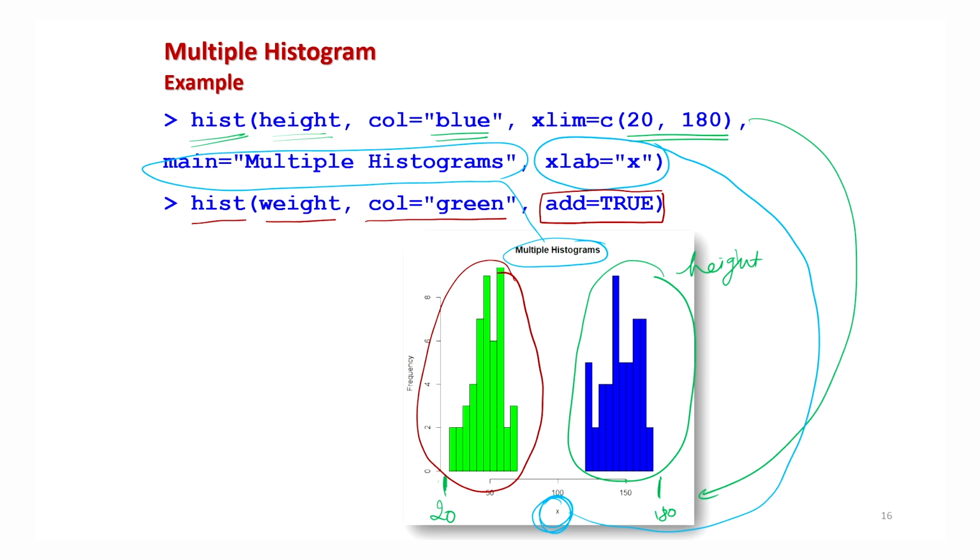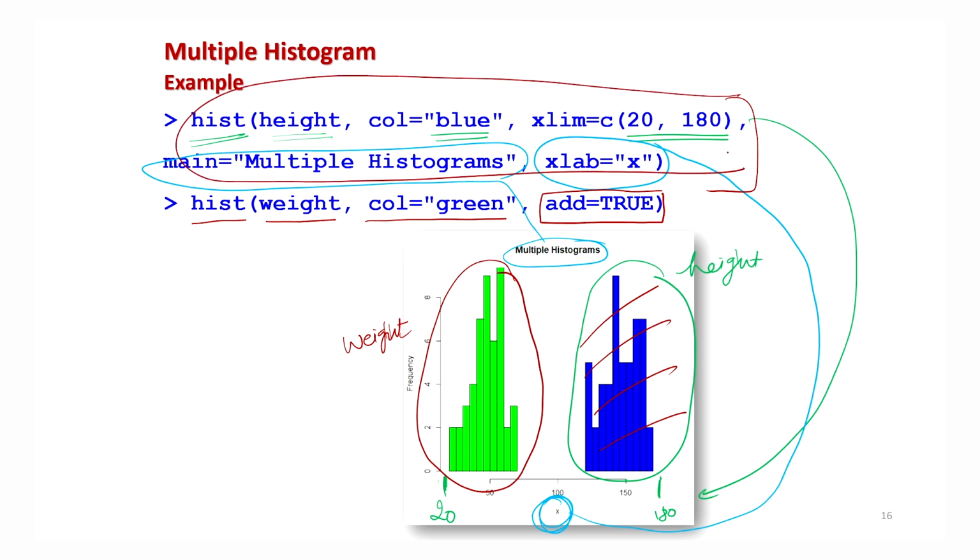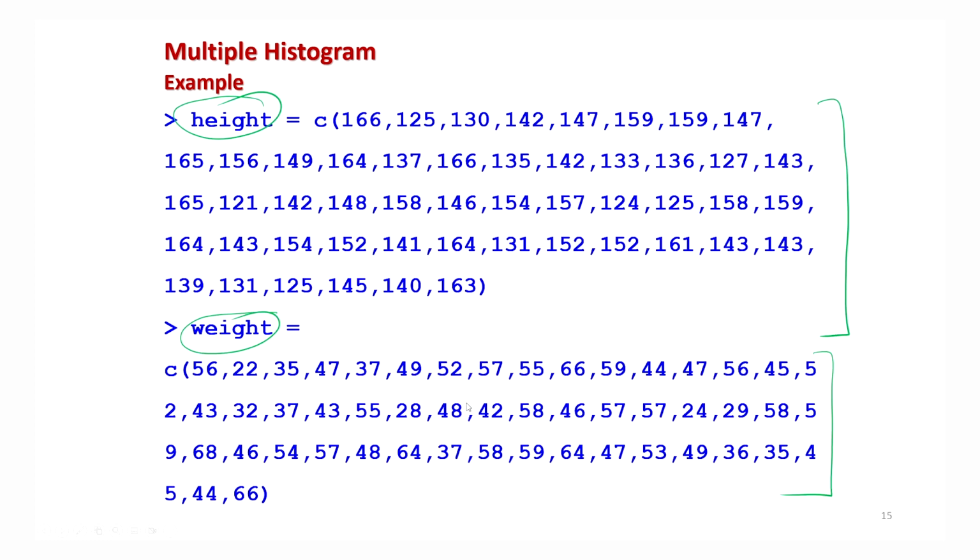And you can see here this is green in color, and this is denoting the frequency distribution of the data on weights, right. And first this blue histogram will appear when you execute the first command, that means this one, and once you execute the second command, then this histogram will appear. I will show you on the R console so that it becomes more clear, right.